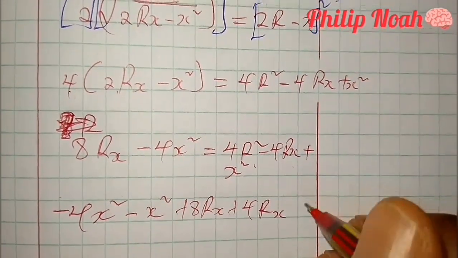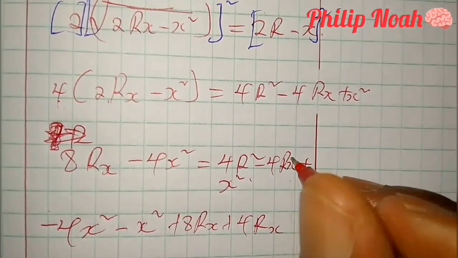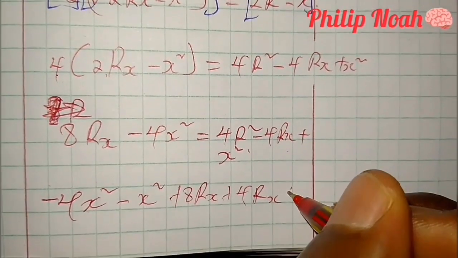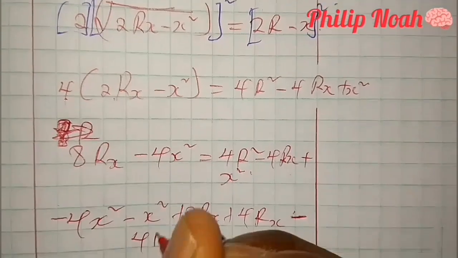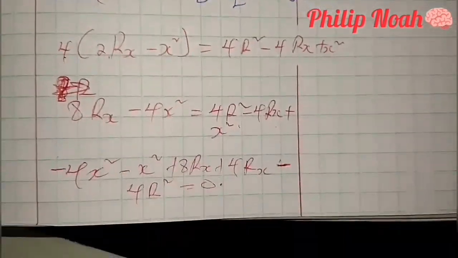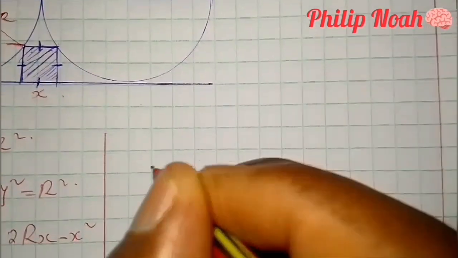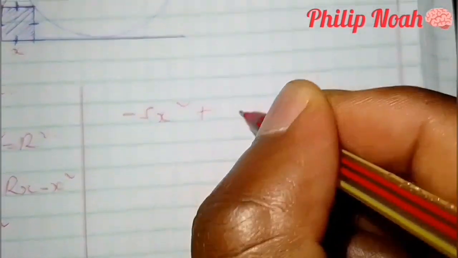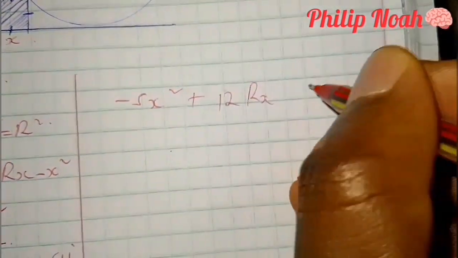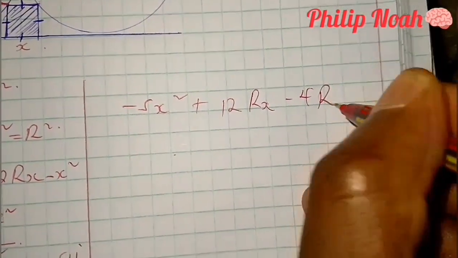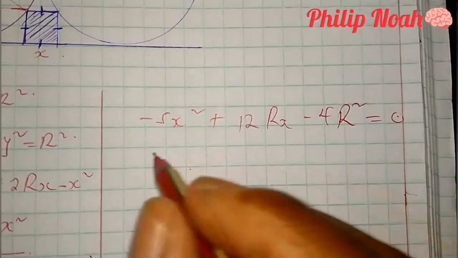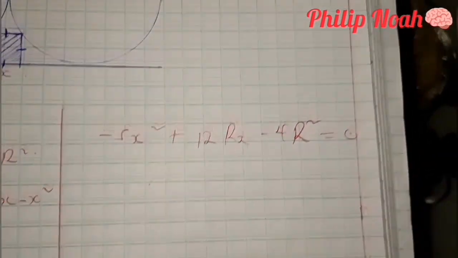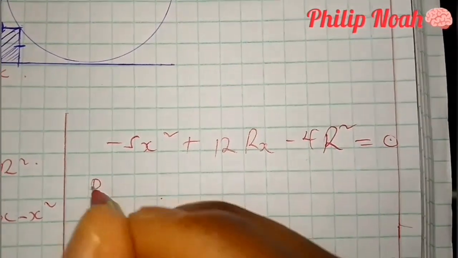Are we there? Minus 4r squared is equal to 0, and this becomes negative 5x squared plus 12rx minus 4r squared is equal to 0. Then we use this, it is a quadratic equation. So what are these two numbers that we